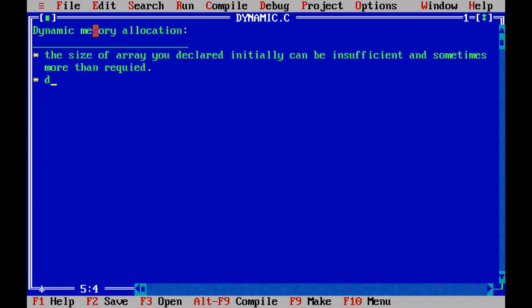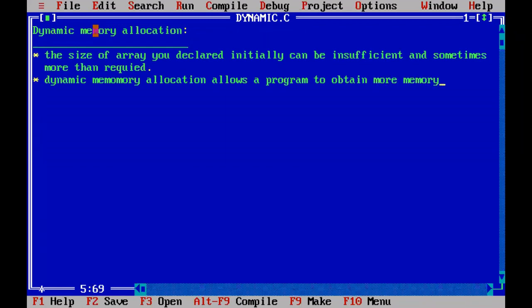Second point, dynamic memory allocation allows a program to obtain more memory space while running, or release space when no space is required.